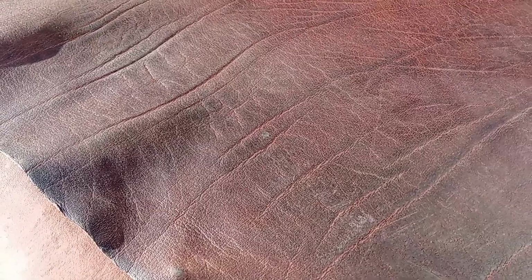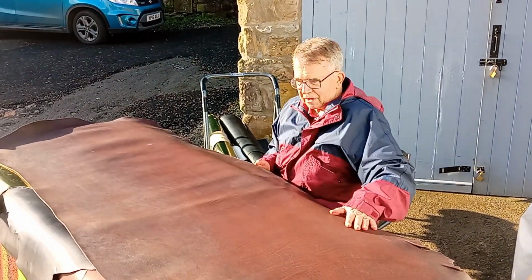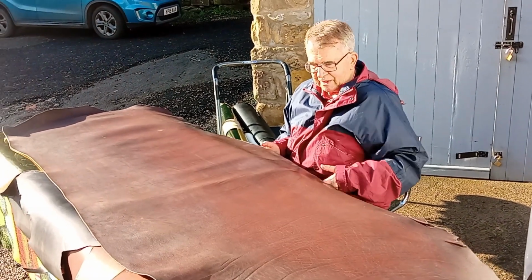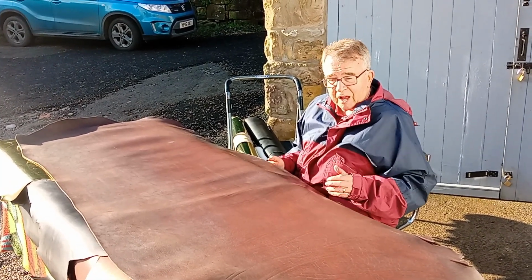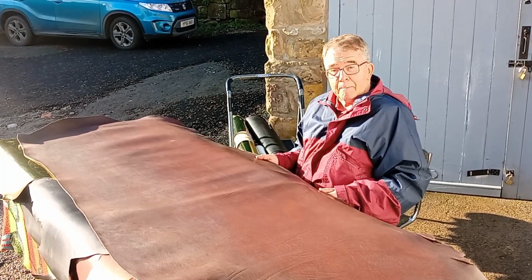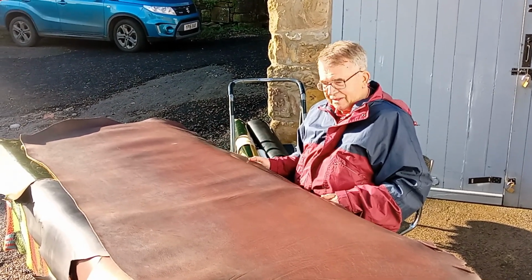You wouldn't get this sort of leather from any modern tannery. It's leather as it was made probably 100 years ago for various different types of uses, but has developed over the last 50, 60 years, and it developed as a very high performance dog lead leather. But if you want a belt for a relatively substantial individual, which is 6 feet long, then this is the